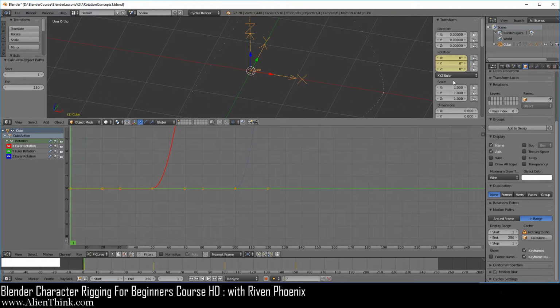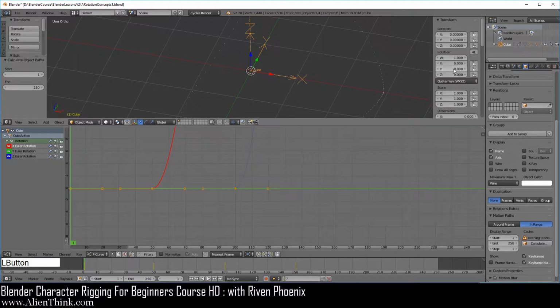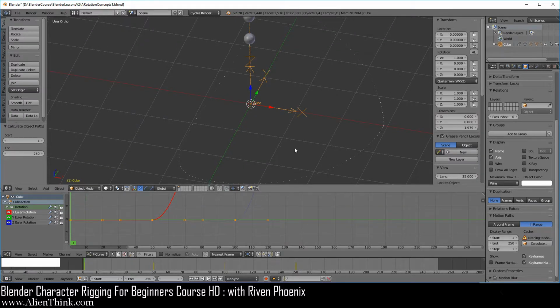When we have this object selected and now switch this to quaternion, you will notice that when we move this, right, the object has stopped rotating. This is because when we switch this, the X, Y, Z Euler rotations are not going to be used, but they will still stay intact. This is what we want. So go ahead and now click over here to go back to frame 1. So here I'm just going to actually expand this down over here and do the same thing.